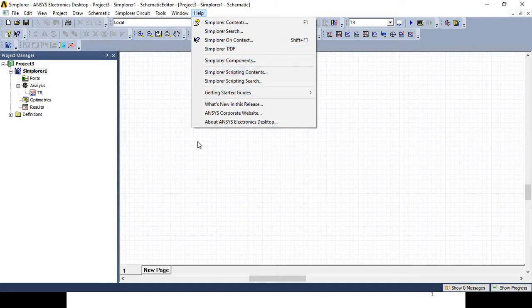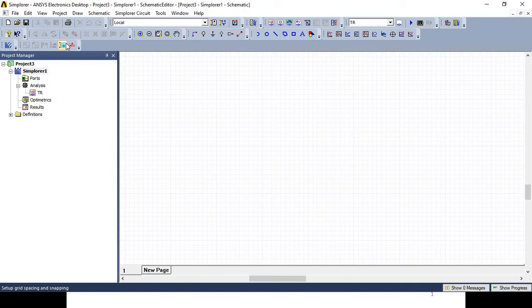Then of course there are different shortcuts through the symbols also, like this is the option for a new file, then open, save project, then print the active document, then edit the active analysis configuration, HPC and analysis options, then show the simulations. These are the different options for drawing the project. Okay, then the most widely used options are zoom in and zoom out.